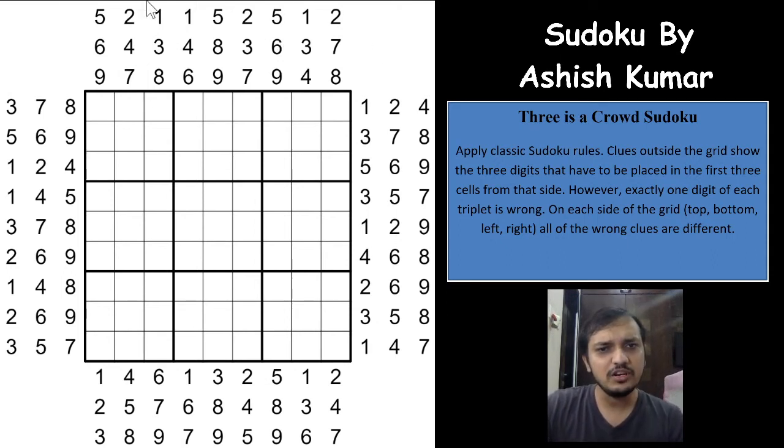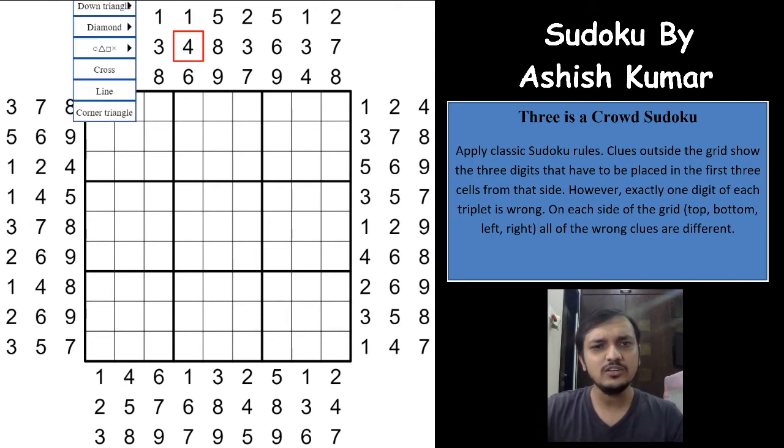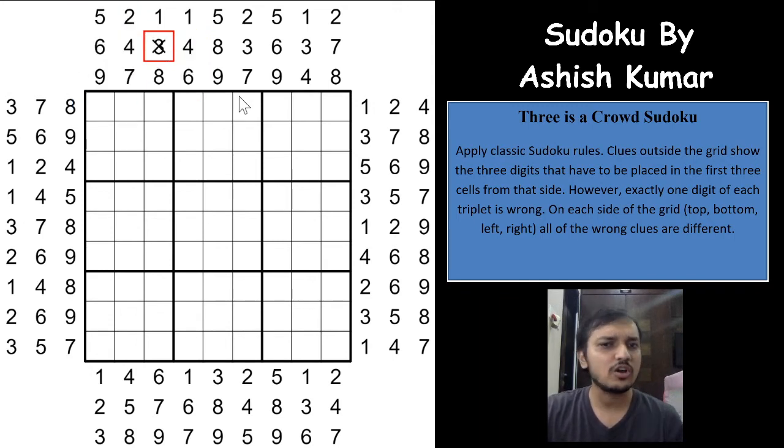So now we will be marking a digit which is wrong by a gray cell and a digit which is correct by a green cell. I would really suggest you do the same if you are solving on paper. If you are solving on paper, try to mark the digit which is correct by circling the digit, right. So for example, you can just circle the digit this way, which means this is correct, and you can cross out the digit if it is wrong, right.